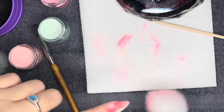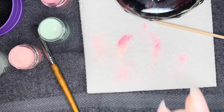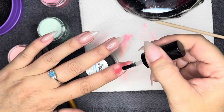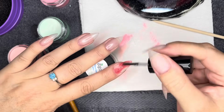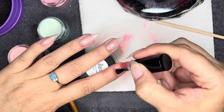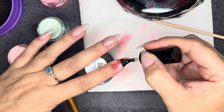I'm going to do our third coat, and I'm not going to use clear dip powder on this at all. I tend to not use clear dip powder when I'm doing gel base and gel top as my liquids, because clear can just look very clouded. It can discolor things a little bit. It's just not going to look pretty. So I'm going to encapsulate later with the gel base, cure 30, gel top, cure 60,